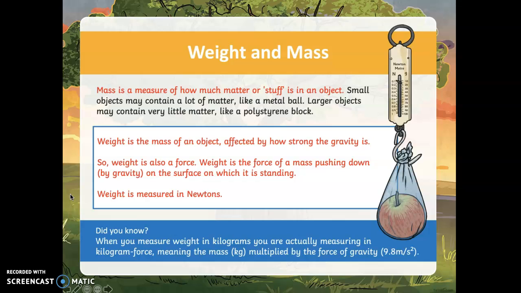Now this may seem a little bit confusing, but bear with us, and towards the end of the lesson it will all make a little bit more sense. Okay, so just think of it as mass is how much matter or stuff is in an object, and weight is the mass of that object affected by the force of gravity. So again, what I would like you to do is pause the video where we are now and note down all the sentences that are written in red. Once you are done, you can click play and continue with the lesson.